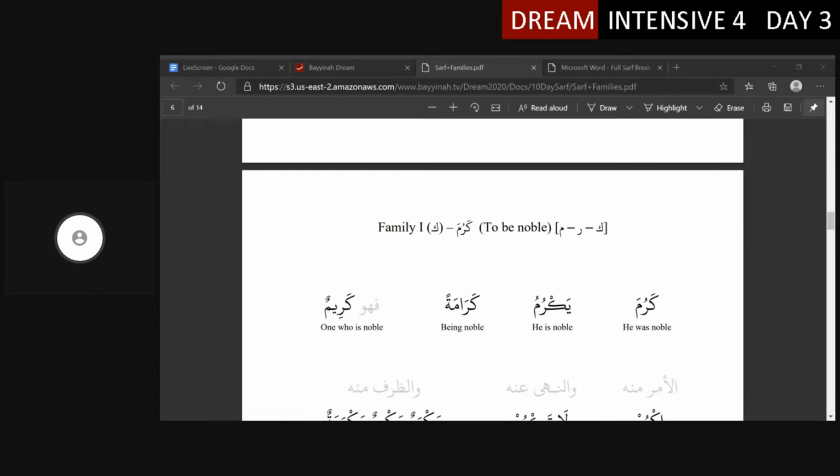Go over ism mawsul and their role in idafa. Well, they don't have any particular role in idafa, but they can be used as a mudaf ilayh. Ism mawsul, I can't go over it because we haven't gone over it in class, so I'm not going to cover something that Ustad hasn't covered. All you know so far is what they are: alladhi, alladhani, alladhina, allati, allatani, allati, and allawati, allai. That's all you know so far.